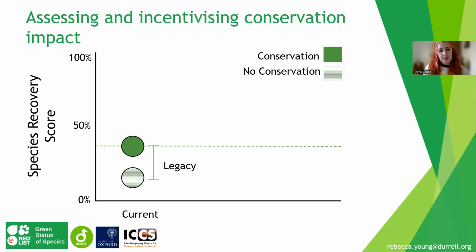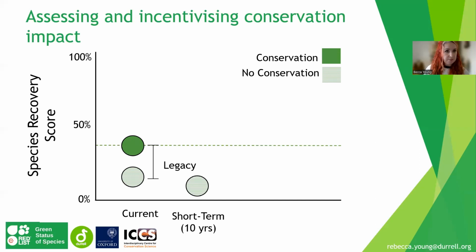So then the next elements that we think about are, what do we expect to happen in the short-term future for the species? So again, we're using these hypothetical scenarios of this expected status of the species within each of those spatial units in 10 years' time in two scenarios. So one of them with no conservation. So assuming all conservation were to stop today, where do we expect the species to be in 10 years' time? And if we compare that to the current state, it gives us the conservation dependence metric. So how dependent are the species on continued conservation?